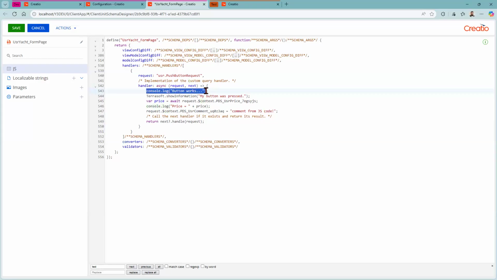First one is we'll write into console log that button works. Second, we'll use an existing and still supported TerraSoft framework. It was primarily developed to amplify the Creatio Classic UIs, but this still works and we can use a lot of useful items here. And if we want to check what is available